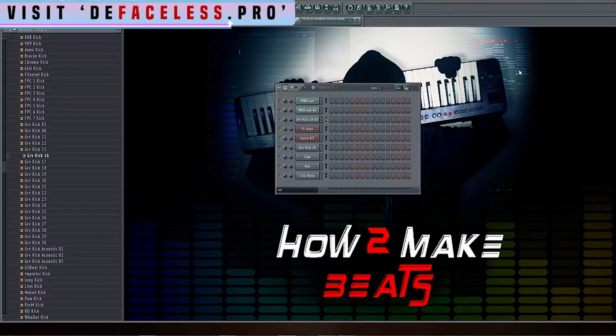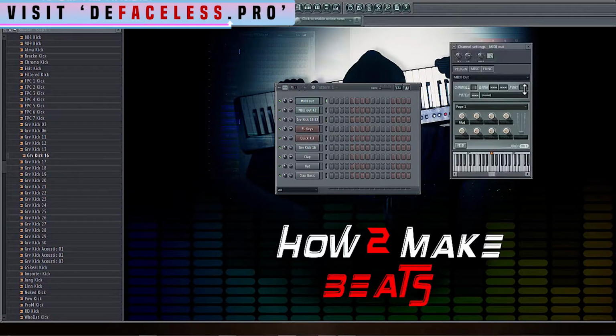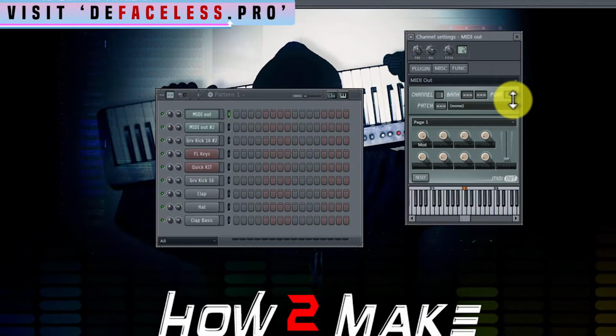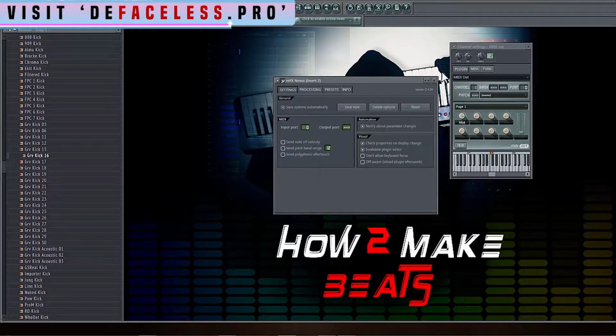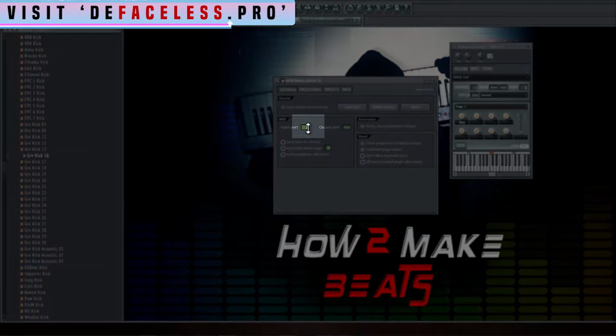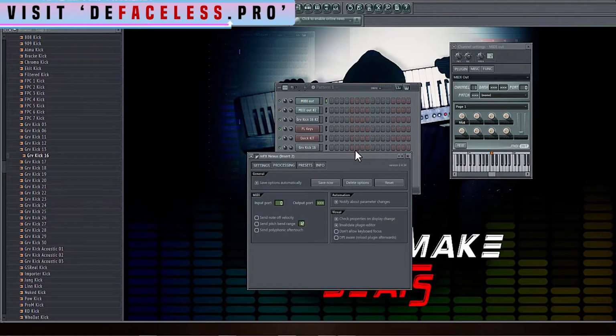Now MIDI channels are used to trigger VST instruments, and they need to be loaded from the mixer. We'll get to that shortly, but you just need to keep in mind that all you need to do is feed the MIDI out channel into the instrument by matching the out port number here to the instrument's in port number, as I've done on this commonly used plugin, if you can clock the name. So you can see the port is matching that, and if I click on the MIDI channel, you'll see